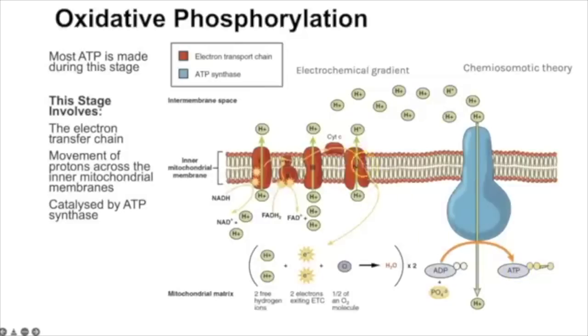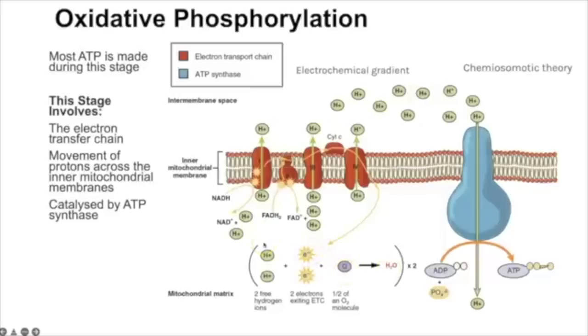Now at the end of the electron transfer chain, those electrons are picked up by oxygen. And oxygen also picks up the protons once they've passed through. And that is how we create water. So we say that oxygen is the final electron acceptor, and it will form water when it also picks up